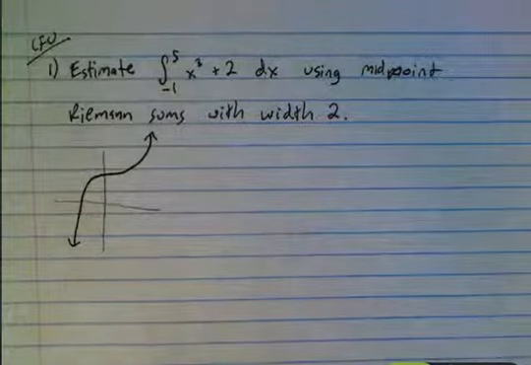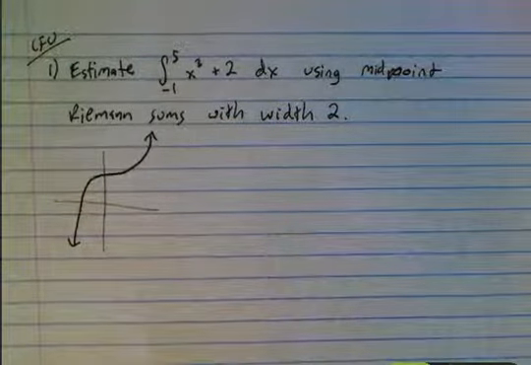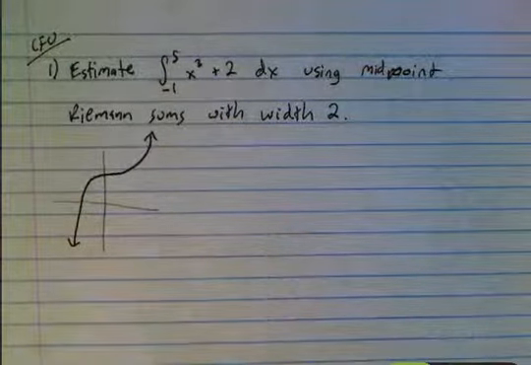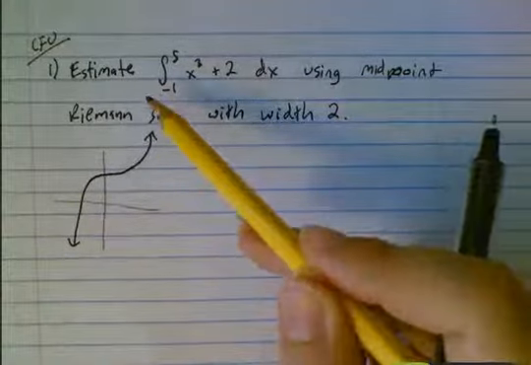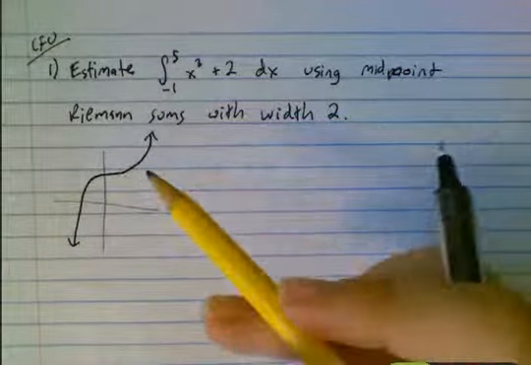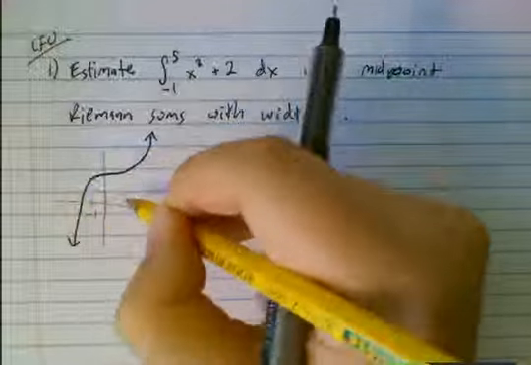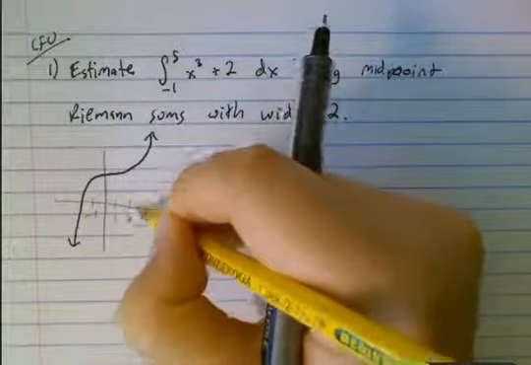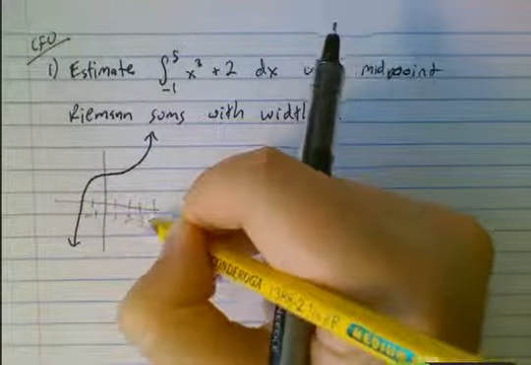It looks something like that. We don't have to be real precise with this sketch, but we do know that x cubed kind of looks like this, and we do know that plus 2 moves it up, so that means it's going to look something approximately like this. So we've got negative 1, 1, 2, 3, 4,